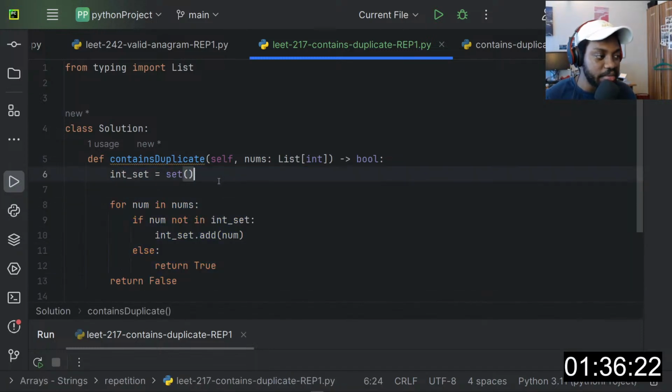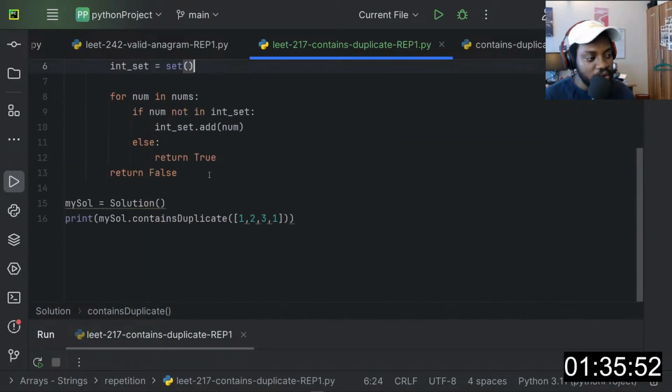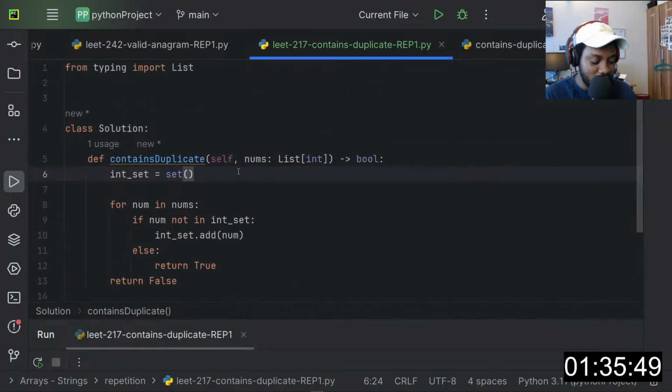Another way you can do this is by using a normal dictionary, and then you add the integers as the keys of that dictionary, and maybe the index at which, or the count. So for frequency's sake, you want to count how many of that item is already in the dictionary, so that when you increment it, you can then check. You know what, let me not just talk too much, let me just write the code for that.